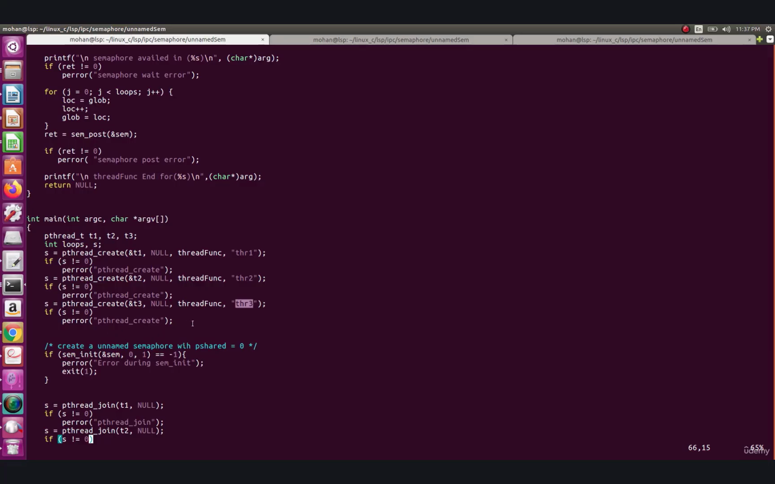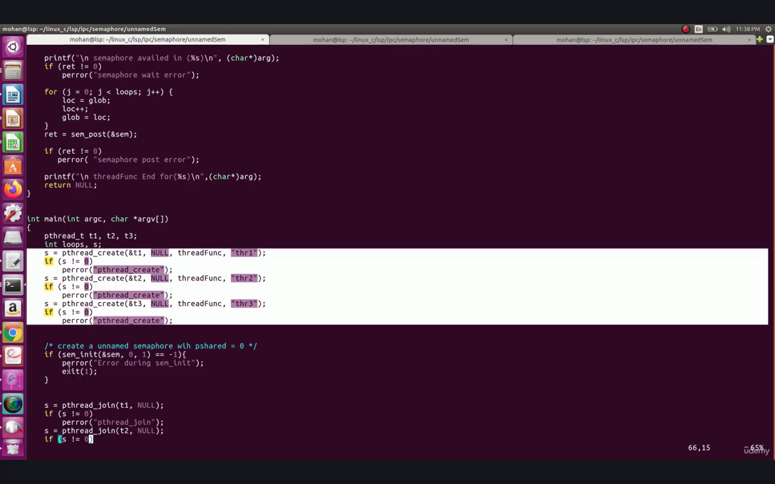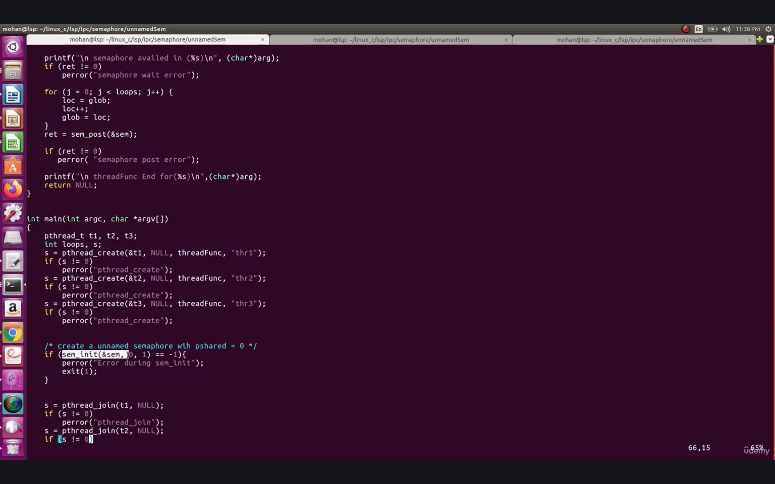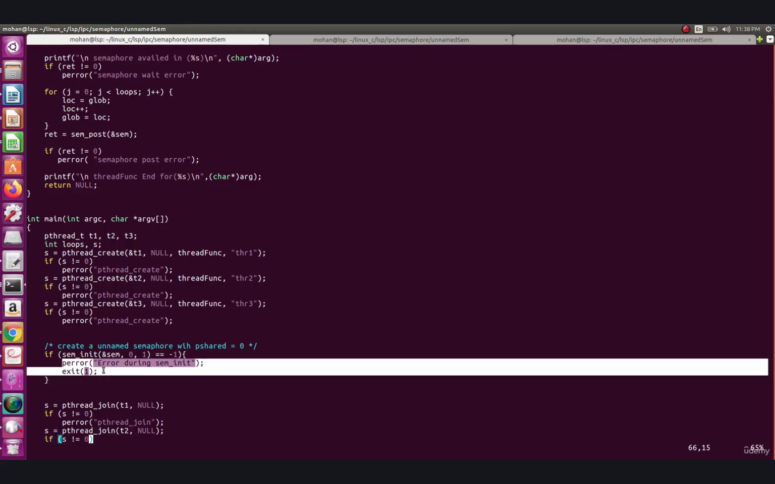Once the 3 threads are created, we create an unnamed semaphore. Here sem_init is used to create an unnamed semaphore, and we pass the address of the semaphore variable, and in this case we are using 0. 0 implies we are synchronizing threads within the process, and the value 1 implies that the initial value of the semaphore is 1. If sem_init returns -1, then we have an error creating the semaphore